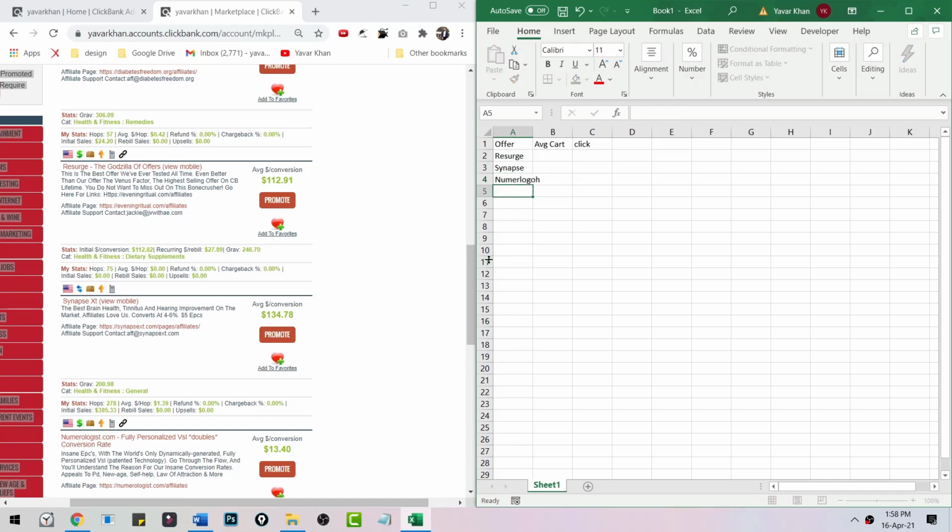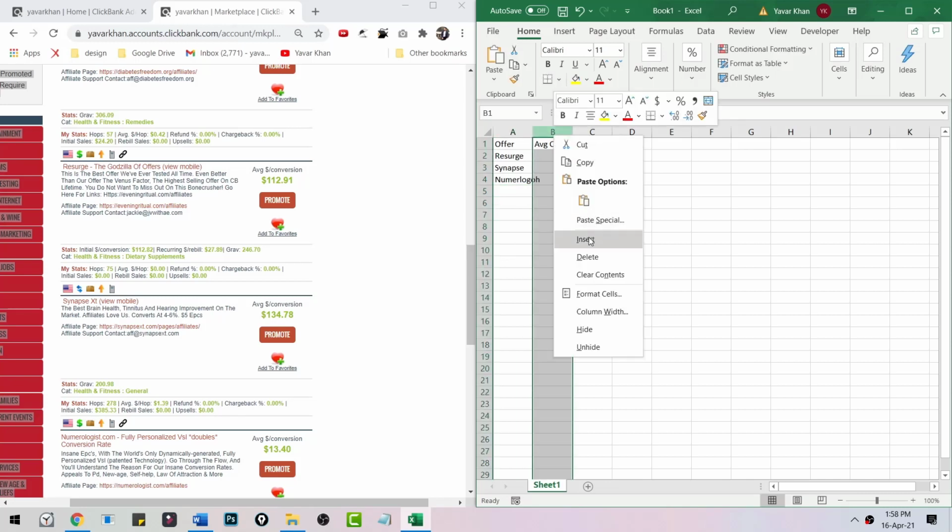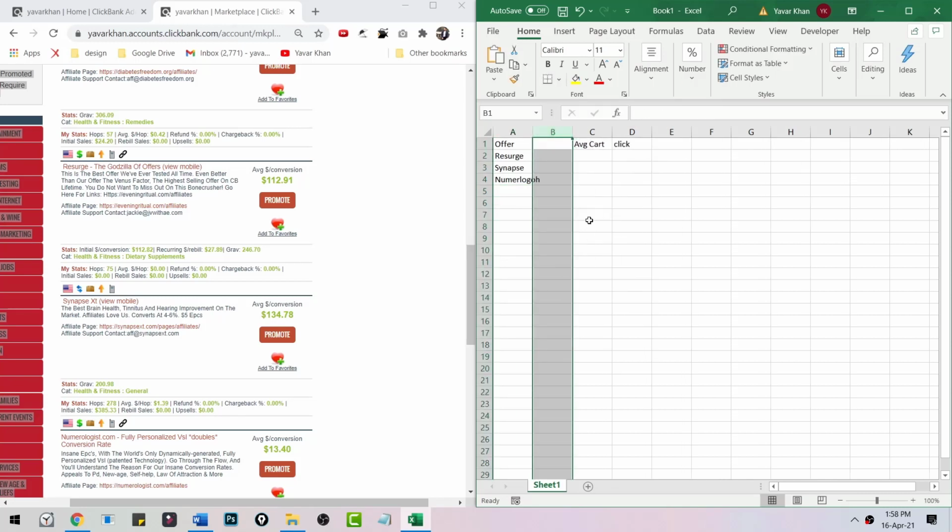What you have to do is just create a rule. You don't have to think with your mind, you just have to create a rule. So, average cart value: imagine this one is $112 or $113, the other one is $134, the other one is $14. So now what you do is